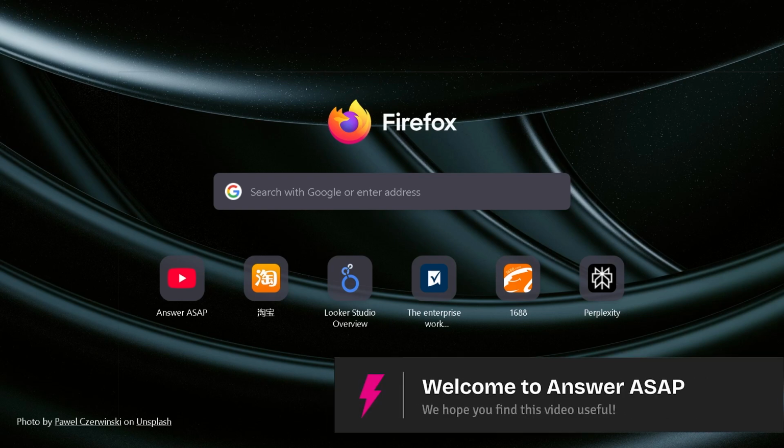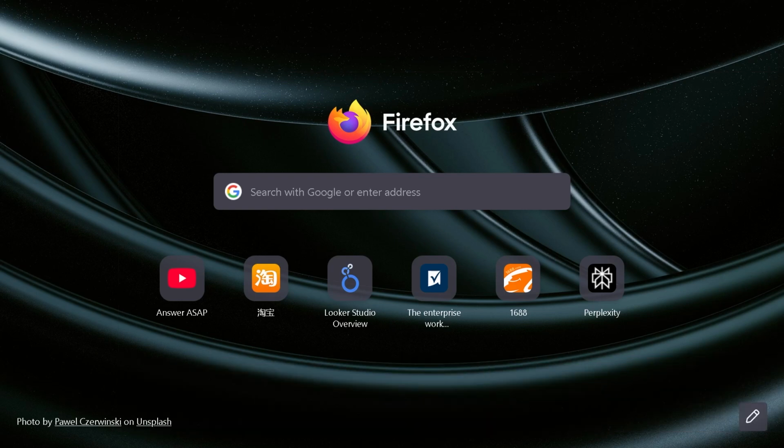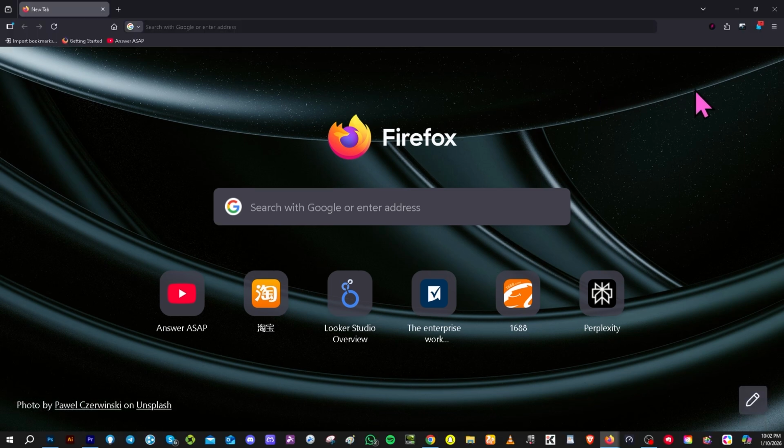In today's video, we are going to show you how to disable pop-up blocker in Mozilla Firefox. Let's begin. Now, open Firefox and make sure you are connected to the internet, and then hover to the top